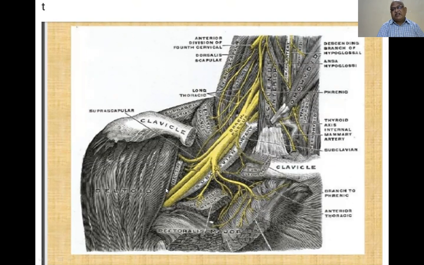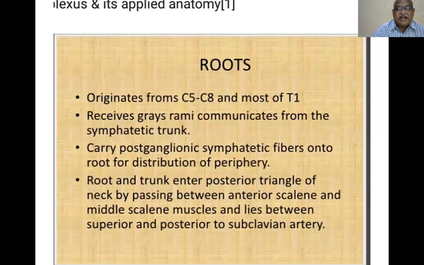By seeing this dissected specimen, this is a line diagram with the muscles and relations of the brachial plexus. You will get a clear-cut idea when you are doing dissection in the dissection hall. If you see this diagram and then go to the dissection cadaver, you can have a clear-cut idea of the brachial plexus, where it is present. You can tally where it is present in your hand, where it is present in your body. So this is the reason I have given this diagram.